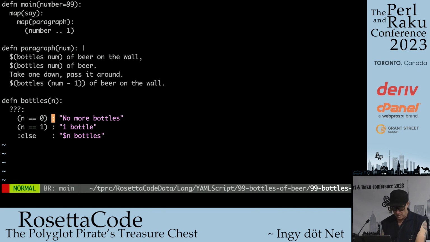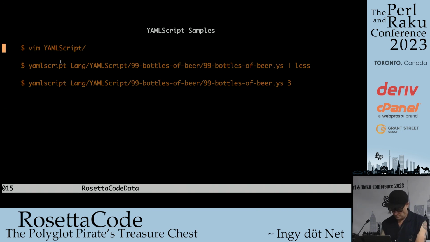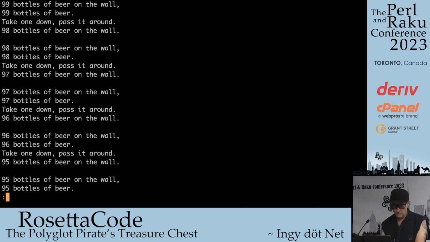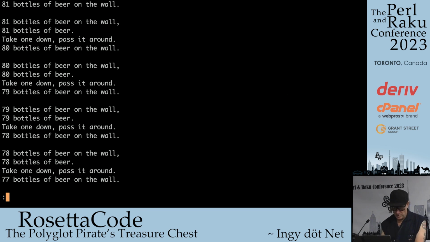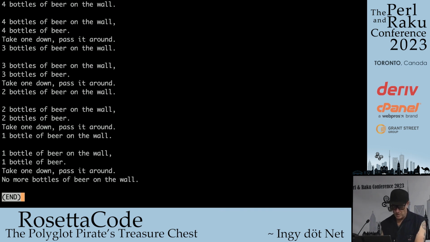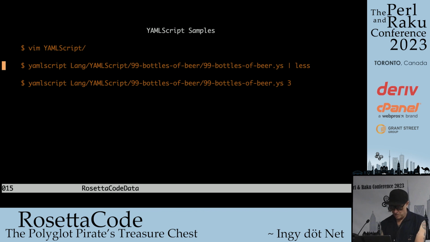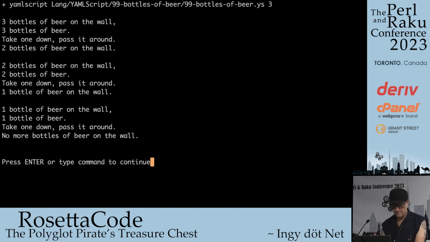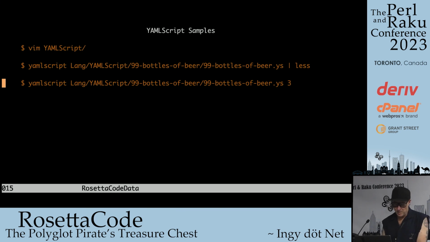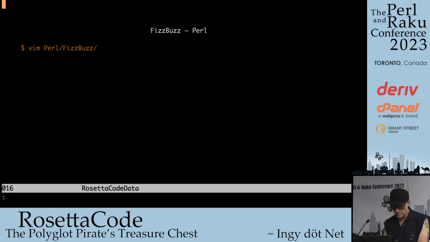And let's give it a run. So that's all of it. So we can go through and see it gets down to no more bottles of beer on the wall. But we should all drink responsibly. So let's just keep it at that. Used that joke yesterday, but it seemed to go over well. So it seemed to go over well again today. So great.